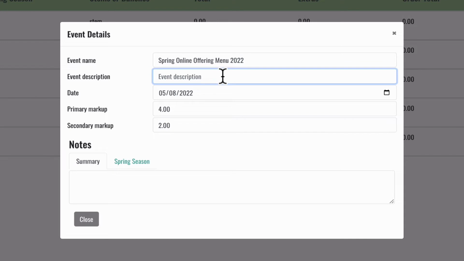And in the description, I'm also going to put a little bit of information. I'm going to say that this is for seasonal daily deliveries. And that way, when I look back, if I search for any of this information, it will show up